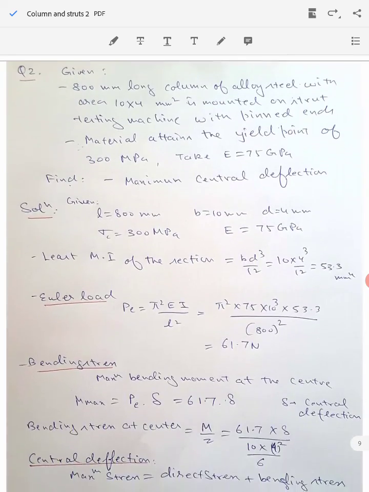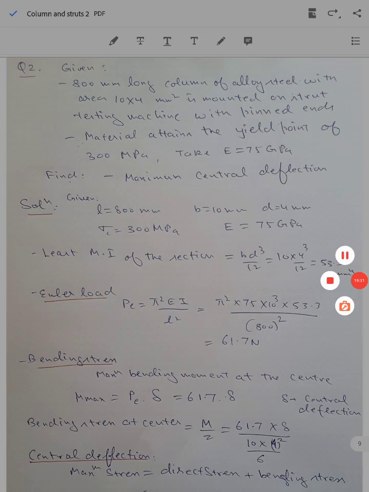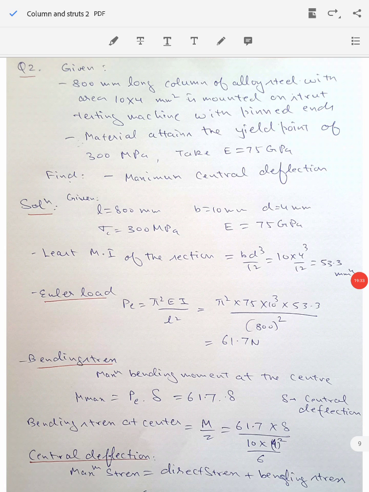Now next question. In this numerical we are given that we have a 800 millimeter long column of alloy steel which has a rectangular area of cross section, which is having the width or thickness as 10 into 4. Okay, so 10 by 4 cross section is given, and the length of the column is given as 800 millimeter. The material is given as alloy steel, and it is mounted on strut testing machine which is having the pinned end. So both ends are hinged,